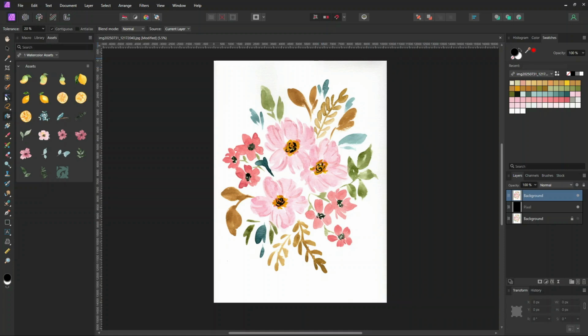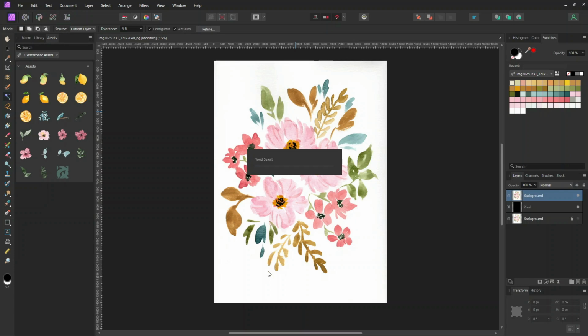So now let's head over to the flood selection tool, or the magic wand, and select it at the top in the contextual menu. I usually use a small tolerance, so I'm keeping it to around 5, and make sure that it's contiguous, because otherwise it's going to try to select things inside the flowers and things that we may not want to remove. So just go ahead and select an area